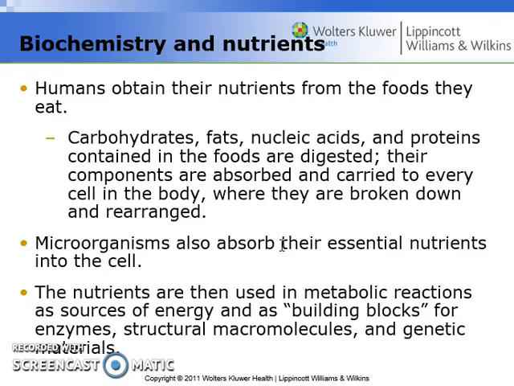And then when that happens, our own bodies are able to absorb these nutrients. And microorganisms do the same thing. It's just that some microorganisms can ingest food, kind of like we do. But then we have things like bacteria who don't necessarily ingest food through mechanical manipulation, but they can release enzymes into the environment or onto the food substrate they're trying to break down. And then once that food is broken down, they can extract nutrients, or allow those nutrients to diffuse into the